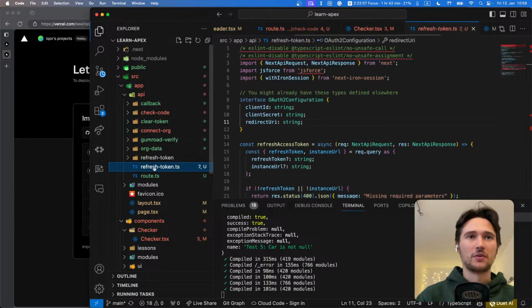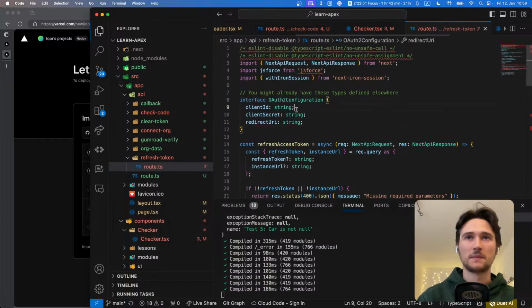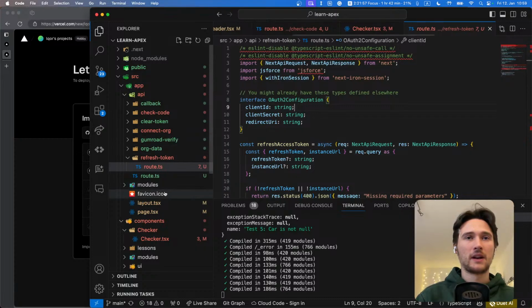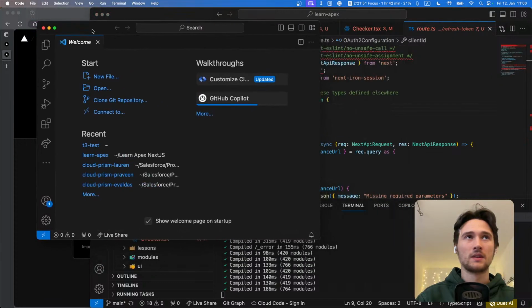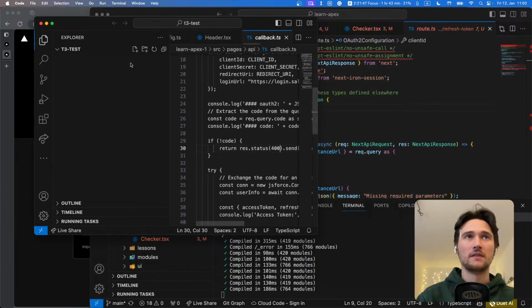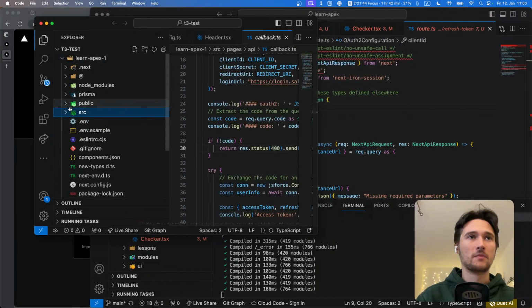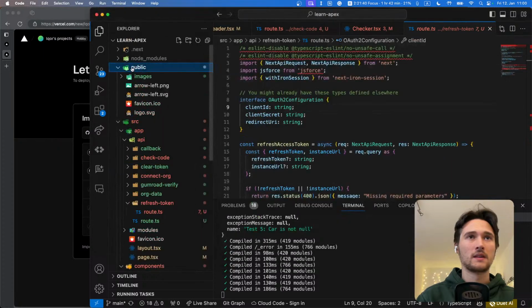Okay, refresh token. Refresh token goes here and gets renamed into the root.typescript. Okay, and favicon, so I had here my old project and I want to bring it from the old project. File, open recent, T3, yeah, T3, that's my old project, and public, and I have here favicon, and I know,